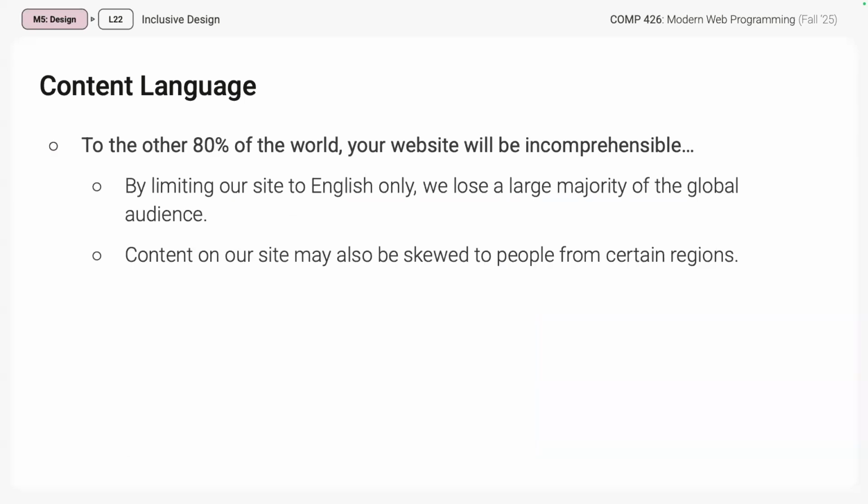In addition, there is another interesting component to this, which is the idea that content on your site may also be skewed to people from certain regions. So you can imagine, for example, if our website is in English, let's say that we are building a recipe app. Some of you have been doing that for your final projects or working on that idea. If your website is mostly written in English and English speakers are the ones who are using the site, well, the content that they're also going to post may end up being skewed toward the geography and where the